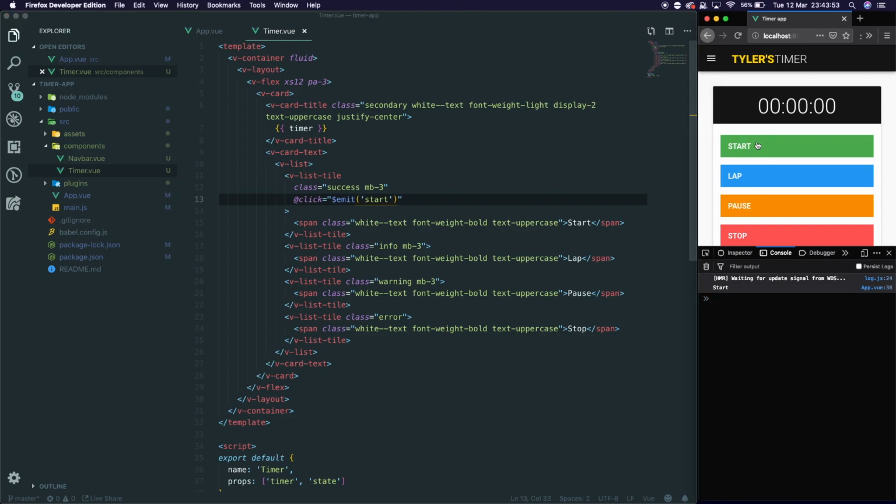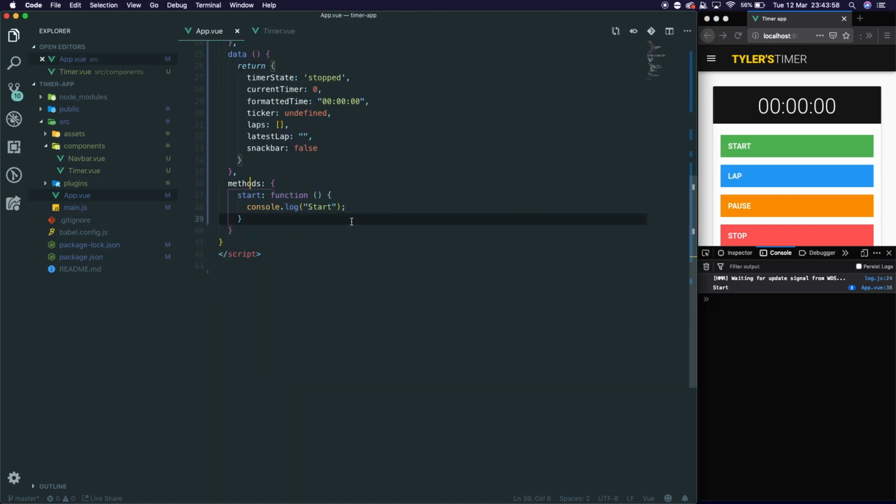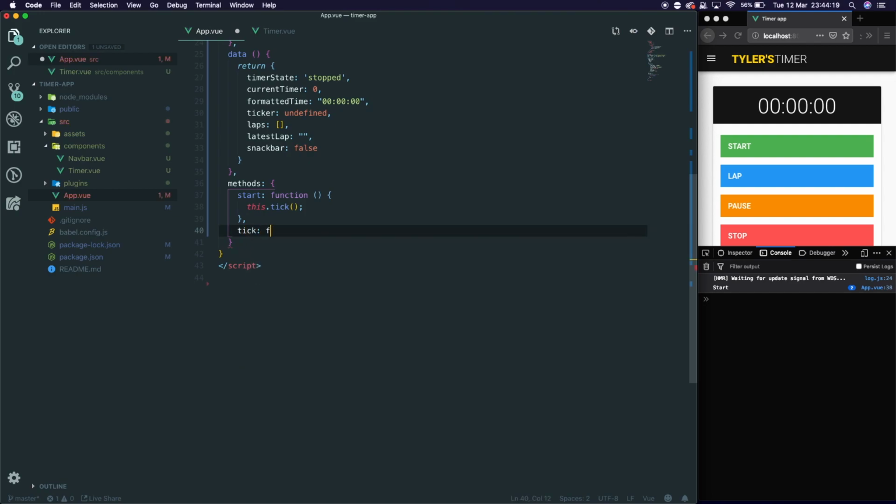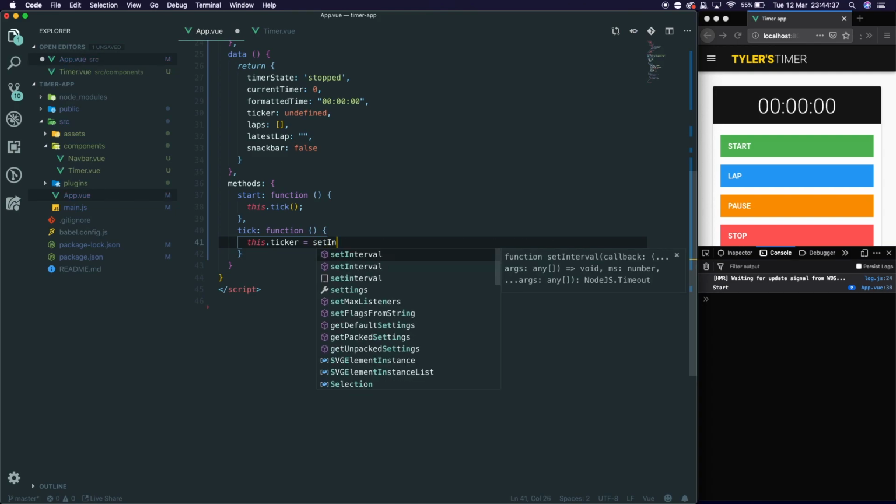Next up now, if we hit start, as you can see when we click start, it runs start in our console. So we don't actually just want start to basically say start. We want start to call a function called tick. And to do that, we're going to write this.tick, which references this component and a method called tick. And now we're going to write tick, and we'll say that equal to a function. And what tick will do is it will say this.ticker, so the ticker we added up in our data, or our state, and we're going to say set interval,